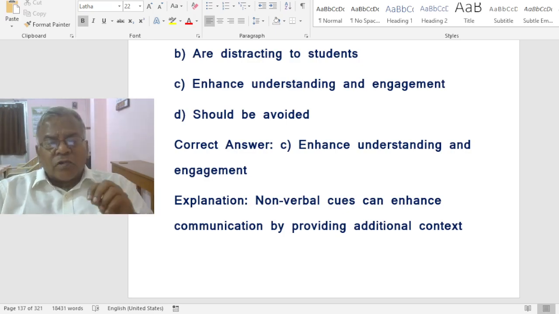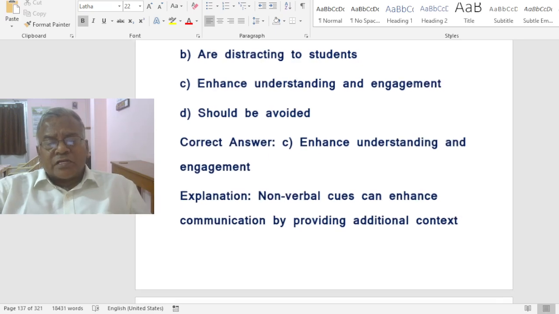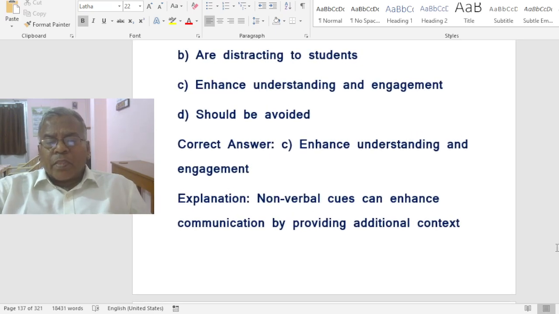In other words, non-verbal cues help verbal teaching. Non-verbal cues can enhance communication by providing